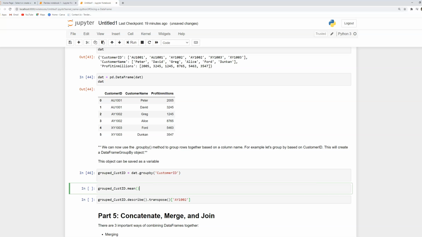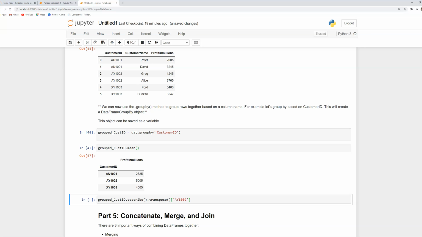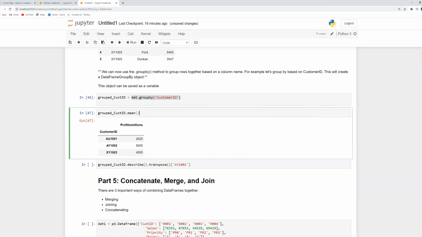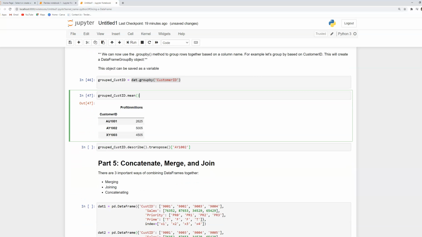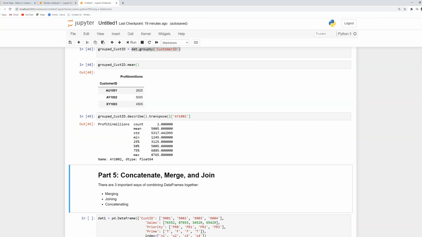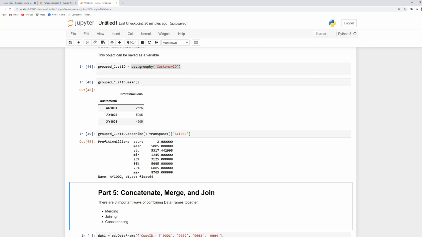Now, if you want to see the mean, you will see that there is a mean on customer ID, which is calculated on profit in millions, because you cannot calculate mean on the names. In the same way, if you want to use describe, that will give you a whole lot of things. It will tell you the number of counts, the mean, and so on. So in this case, you want to describe